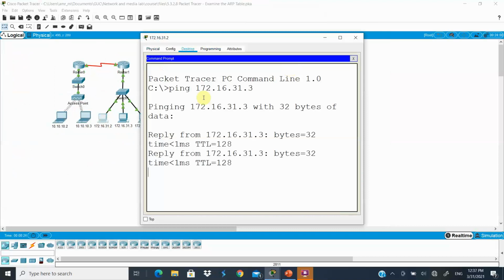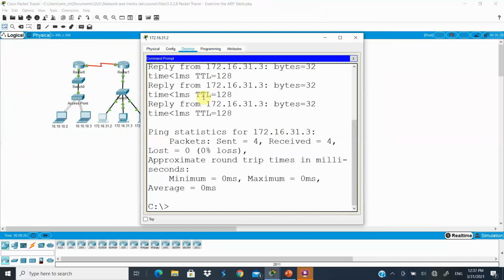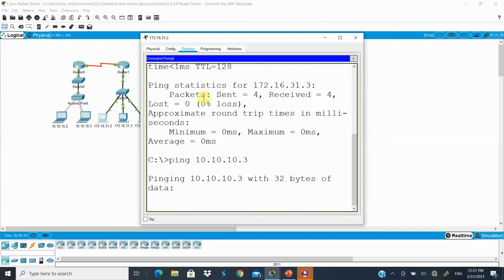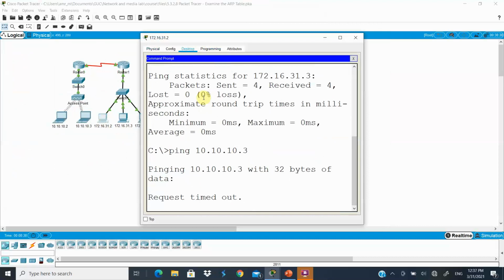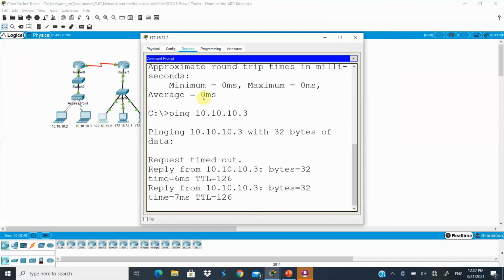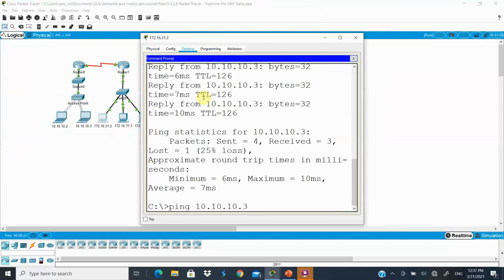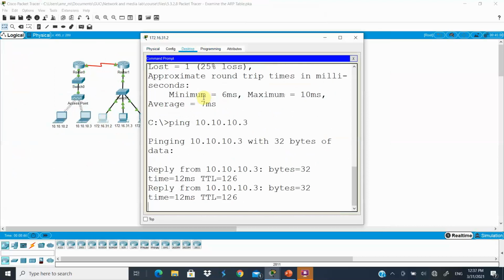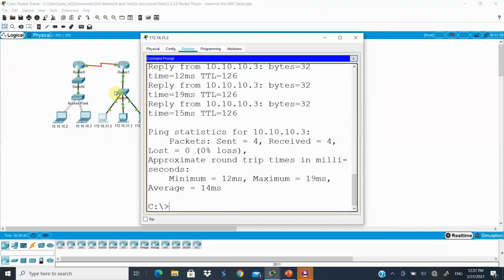172.16.31.3, they arrive correctly. Let's try to ping .10.10.3. Again, you will see here that the first packet is lost, as you see, and the remaining ones arrive correctly. And if you ping it again, the 4 packets will actually arrive correctly. If we go to the switch, now if we do